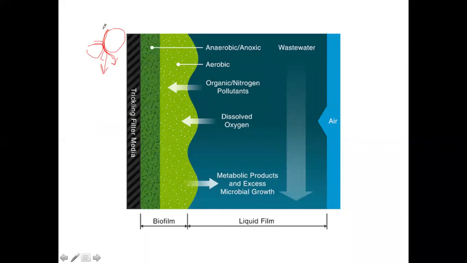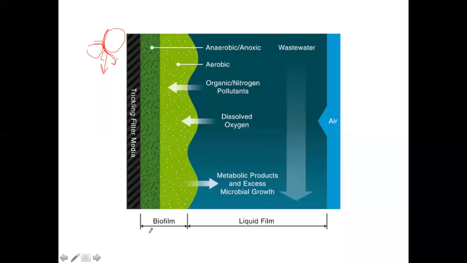And because of shear action of the wastewater, if the thickness becomes more, obviously that will get washed off with the wastewater. The wastewater carries it down on its own, because the thickness of the biofilm keeps increasing, and because of the shear action of the wastewater coming from the top, the biofilm detaches and starts flowing with the wastewater, and that will be separated out in the secondary sedimentation tank. So this is the basic principle of a trickling filter, which is very important.